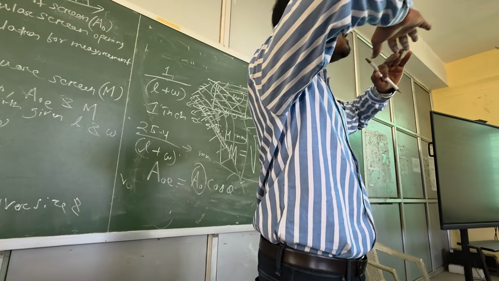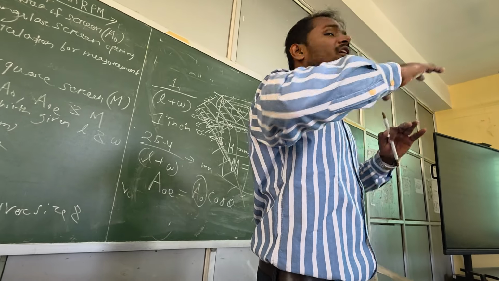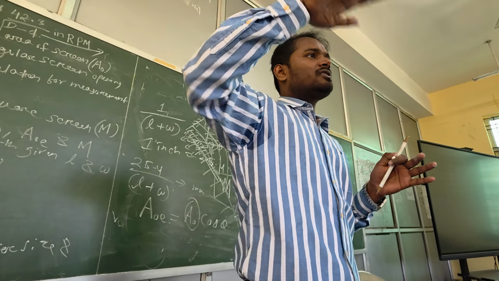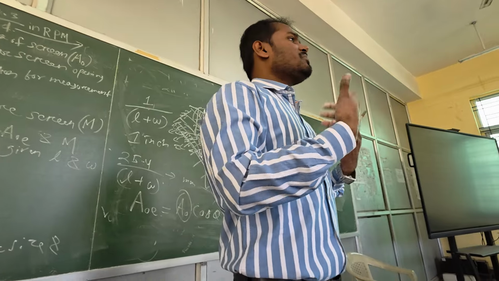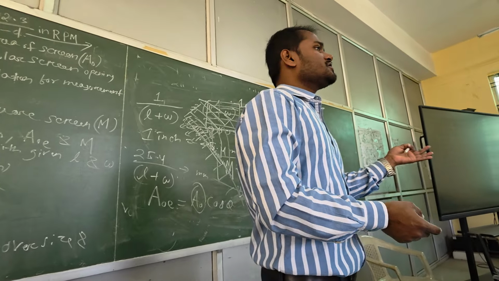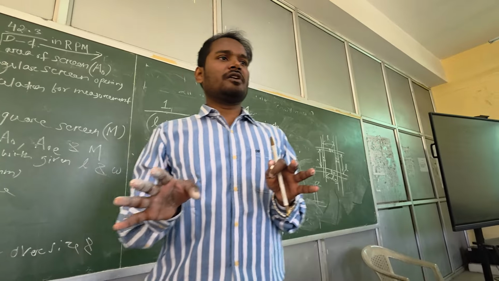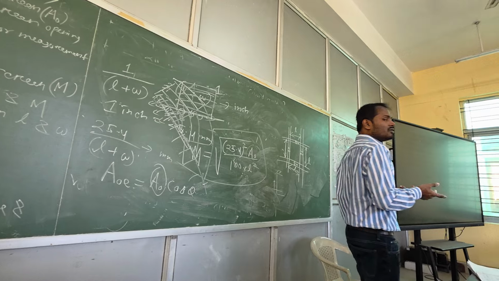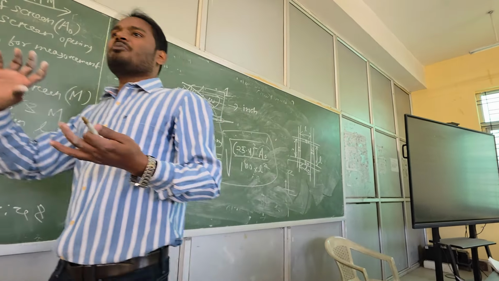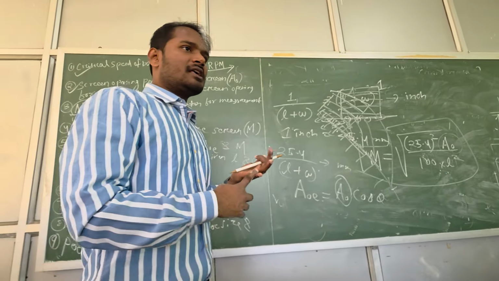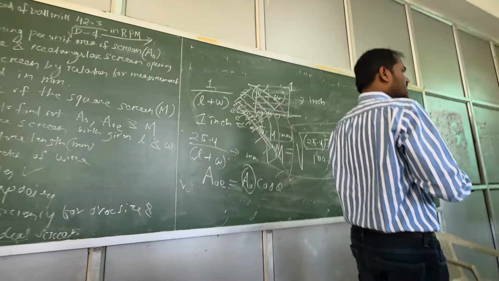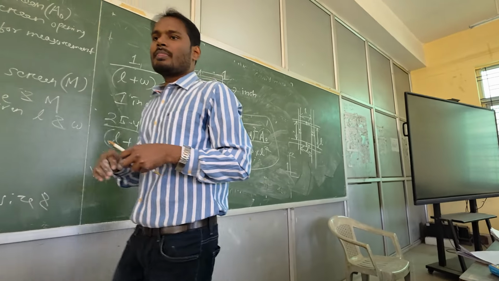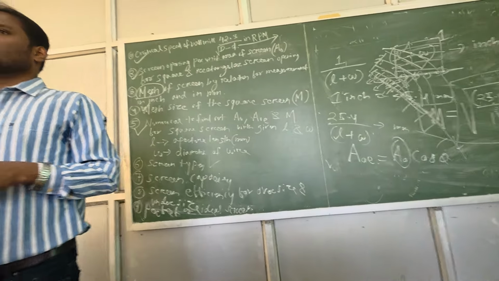Stationary screen means the screen will be completely stationary, it will not move at all. But dynamic screen means it will either move forward, backward, or it can vibrate like this, or it can move like this. So screens may be of different types. You can write one screen is called stationary, one is called dynamic screen. So a dynamic screen can be a vibrating screen, it can be an oscillating screen, it can be a gyratory screen, or it can be a revolving screen. Oscillating, gyratory, vibrating, and revolving. It can revolve also. All these kinds of screens.